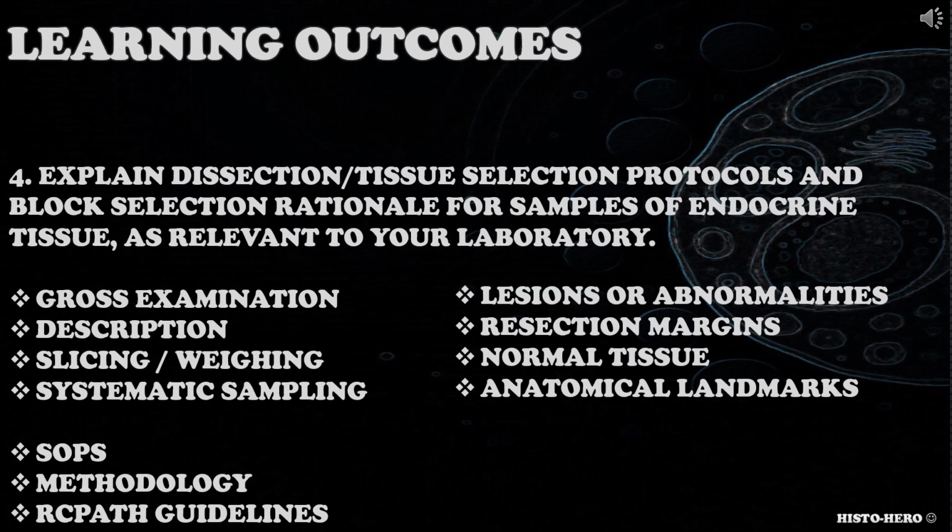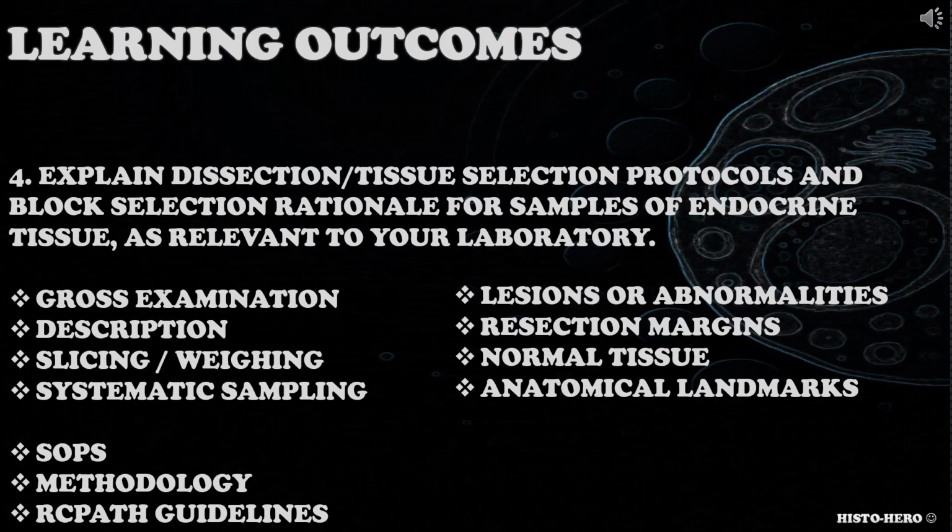The fourth learning outcome is for the candidate to explain dissection, tissue selection protocols and block selection rationale for samples of endocrine tissue, as relevant to your laboratory. How is endocrine tissue dissected? What blocks are taken and why? Consider gross examination, description, slicing, weighing, systematic sampling approach to obtain adequate representation of pathology, process whole tissue if needed,